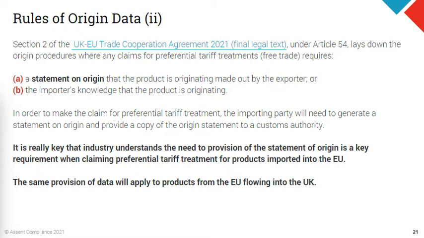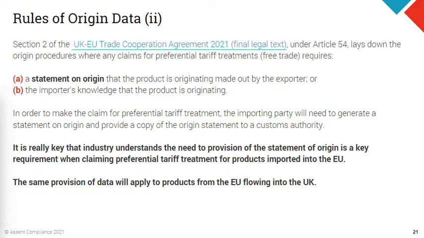So this will apply to a UK company exporting into the EU and an EU company placing it into the UK, because this is the actual legal text as ratified by the EU and the UK. You have to get this detailed statement of origin, which is really different to what you might have assumed in the past, because the required level on both sides has to be reported in order to get the preferential rate agreed.